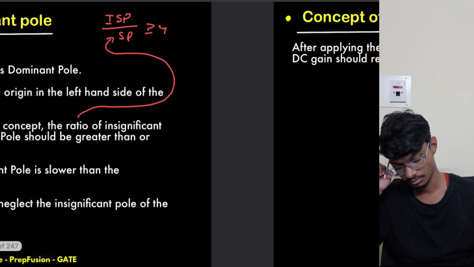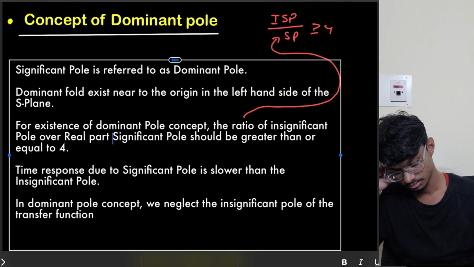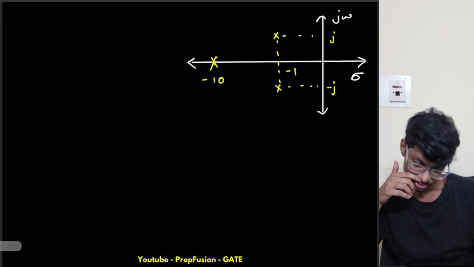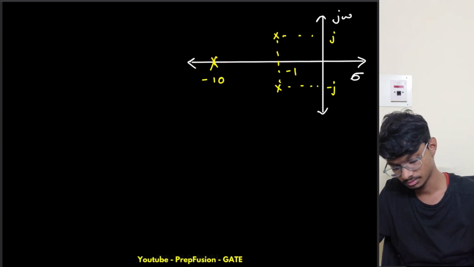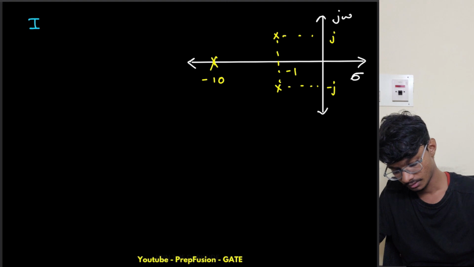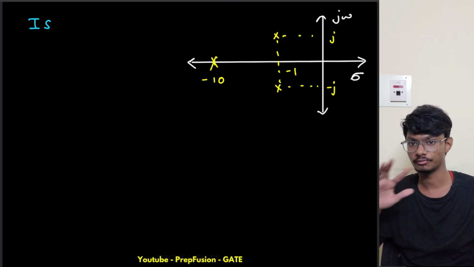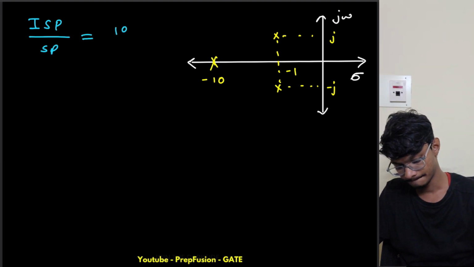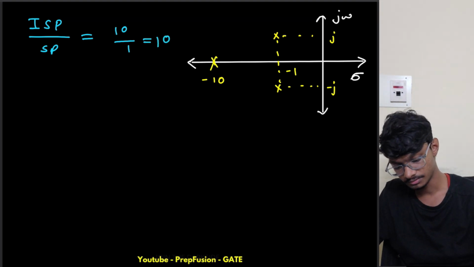So the real part is -1 and this is -10. So if I compare the ratios, because time constant is for the real part only, right? Time constant is only for the real part, so from there we can understand the speed, right? That's why we are comparing only the real parts. So the ratio of real parts, far pole upon dominant pole, equals 10 by 1, okay. So 10. So the dominant pole concept,